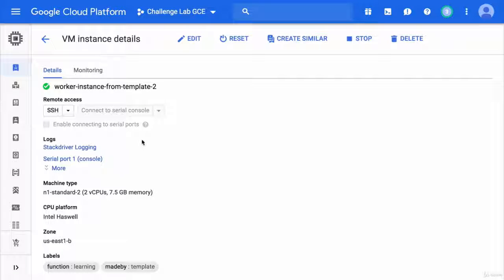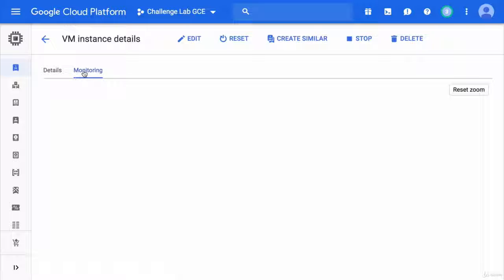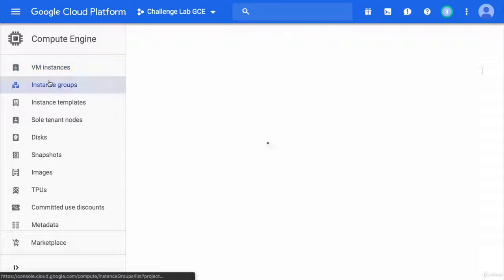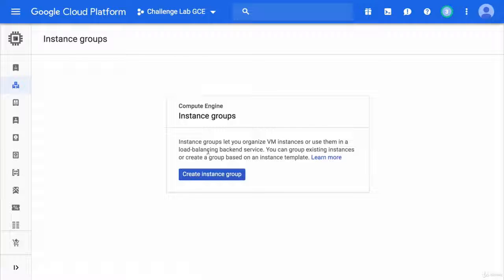And this instance is a bit beefier, more CPUs and more memory. But maybe instead of monitoring each of these instances separately, we'd like to group them. So let's make ourselves an instance group. If we go to the Instance Groups section and press on Create Instance Group,